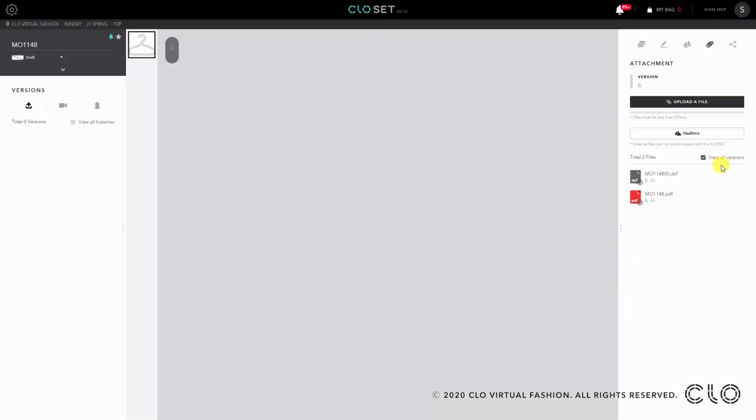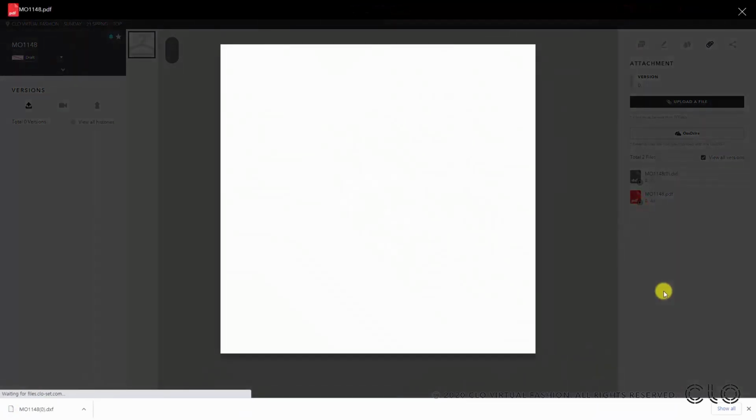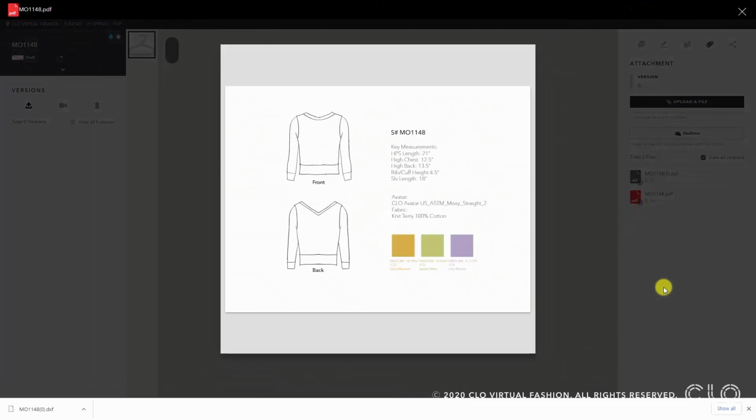To download, I will click on the three little dots next to my DXF file, then click on download itself. And in the meantime, I can hover over my PDF, click on it and get a preview. This way I can check it's a women's knitted top with a V-neck. So I downloaded now the PDF and the pattern file that I received and can now continue by starting working